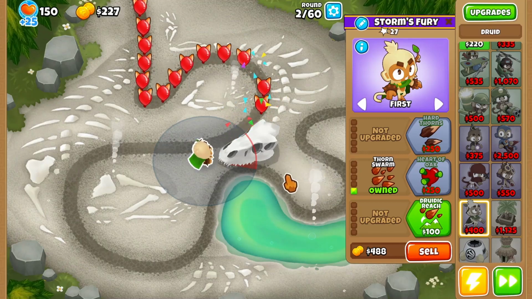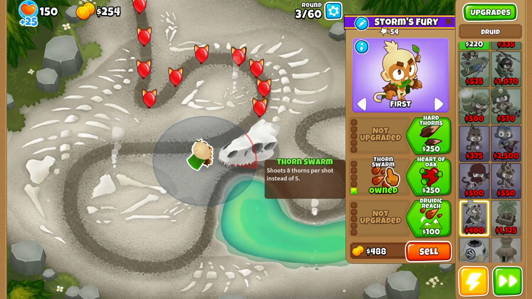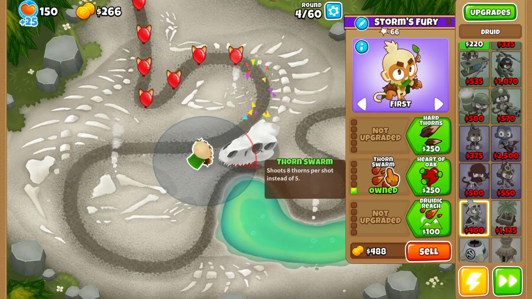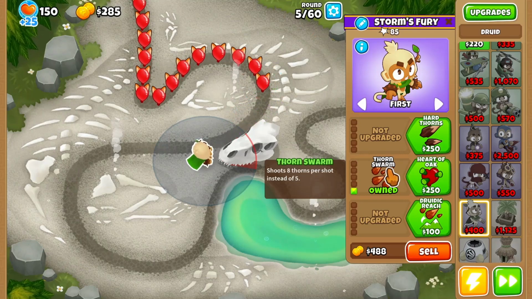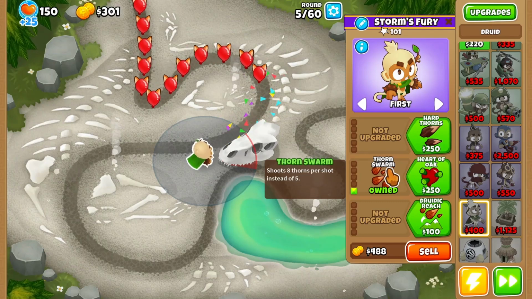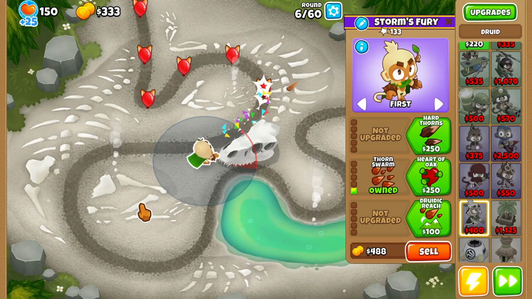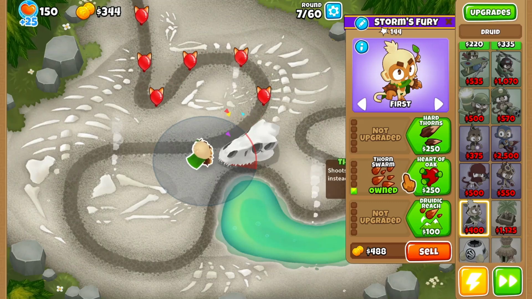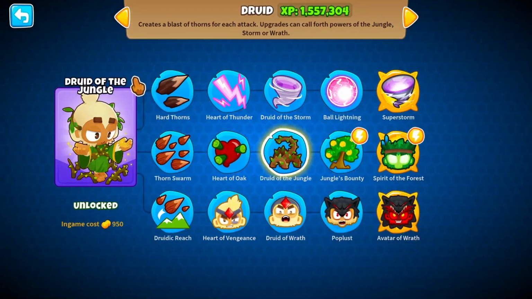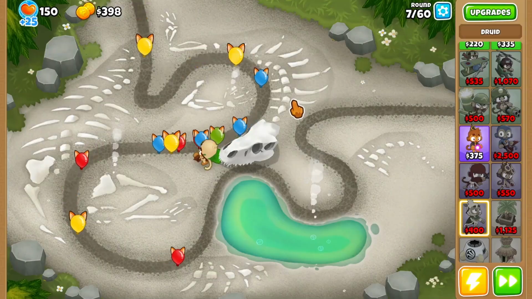So the nice thing about the Druid is since he starts off by throwing 5 projectiles at the start of the game, that means he can do up to 5 damage to 1 balloon or 1 damage to 5 balloons, or anywhere in that kind of range. Makes him fantastic, but of course we instantly got him Thornstorm, so now he throws 8, making him a fantastic damage option. And I think the first thing we're going to rush is that Druid of the Jungle, so we can spawn a vine that attacks anywhere on the map,